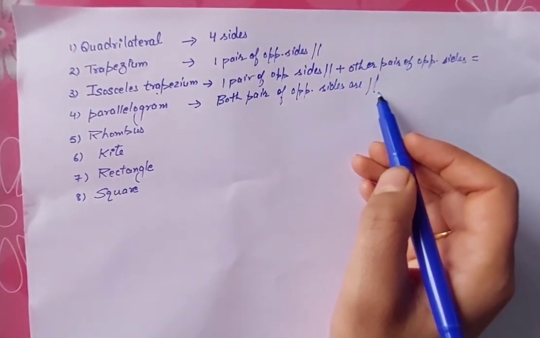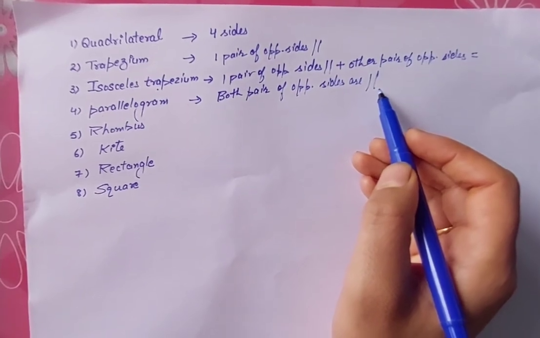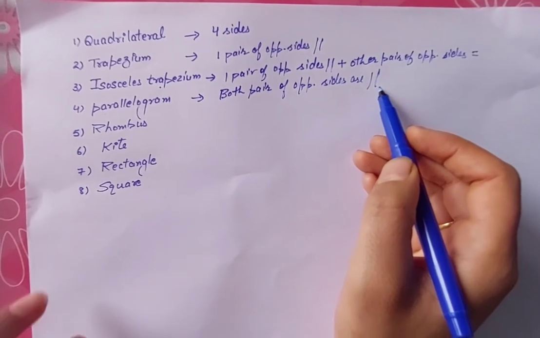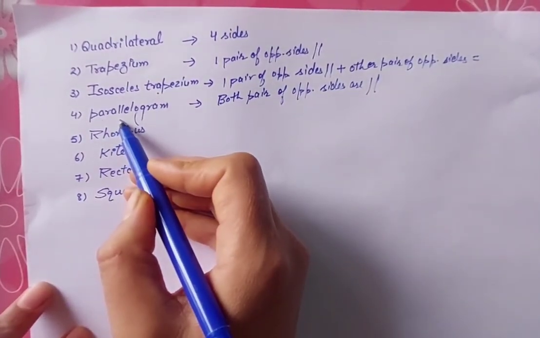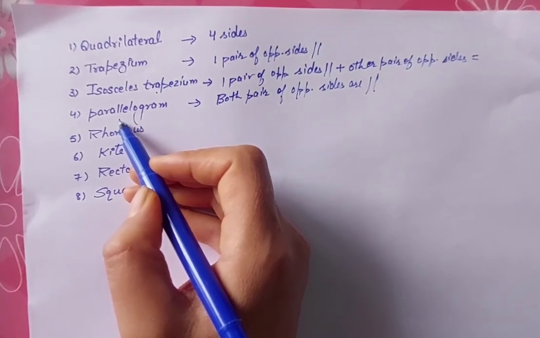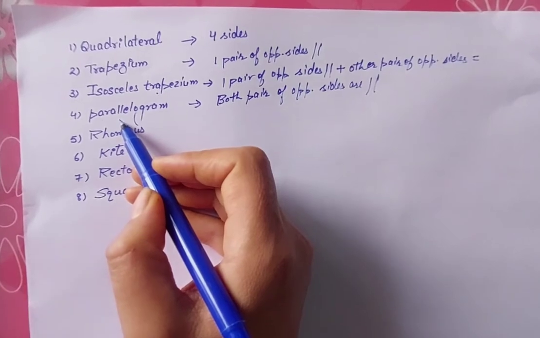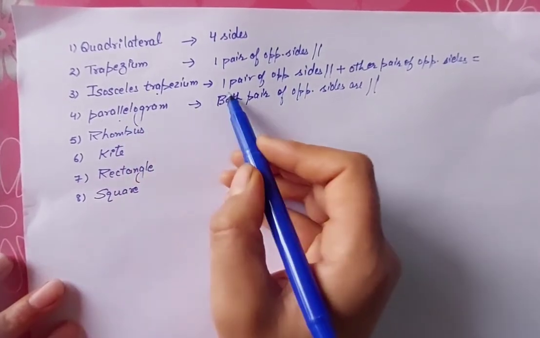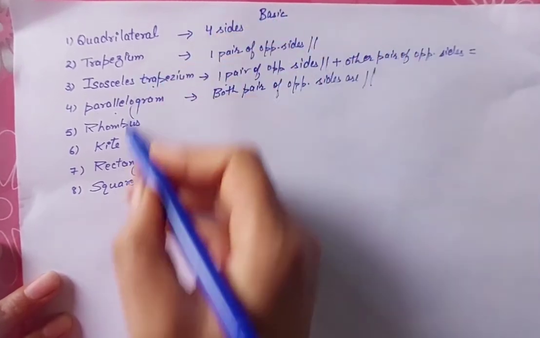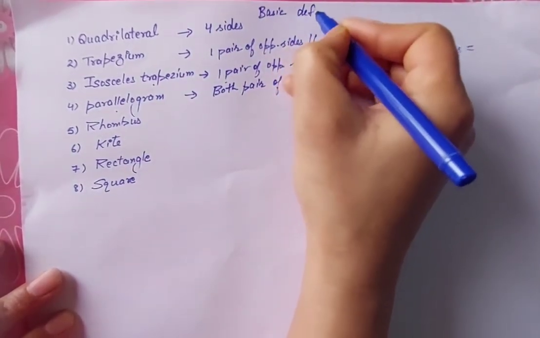That's enough to prove. You need not prove that opposite sides are equal, opposite angles are equal, and diagonals bisect each other. You need not prove all the properties of a parallelogram. Because how do we define a parallelogram? Any figure with both pairs of sides parallel is going to be a parallelogram. बाकी properties उसी से निकल जाती हैं सारी. ठीक है, तो याद रखिएगा, what I'm giving you are the basic definitions which are enough to define these figures. So these are basic definitions.